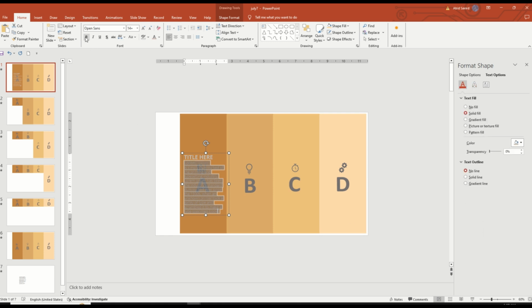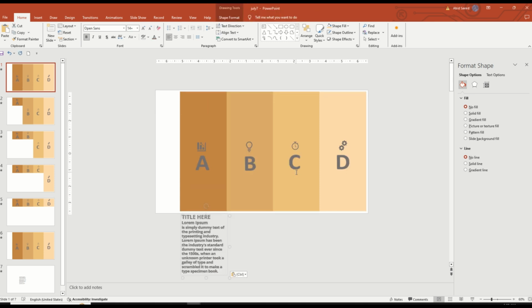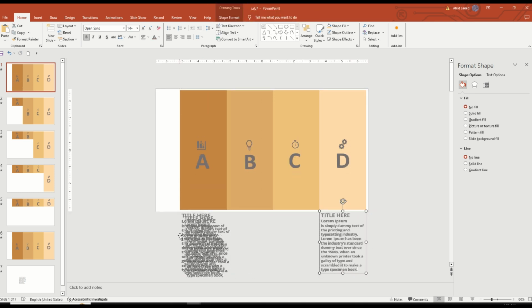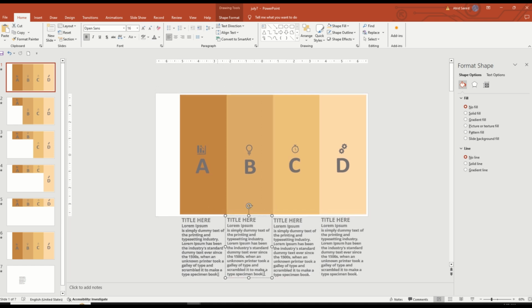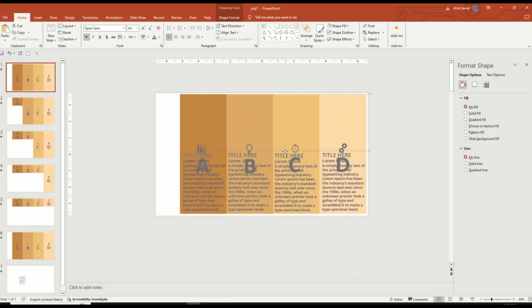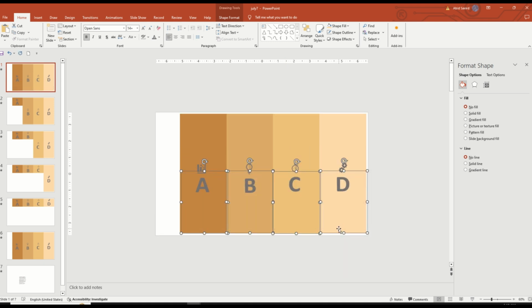I'm gonna duplicate it 4 times and move them each next by next. And I'm gonna select all of these and change their color to gray. Now select all of these, move them upwards and send them towards the back. Now you have to place